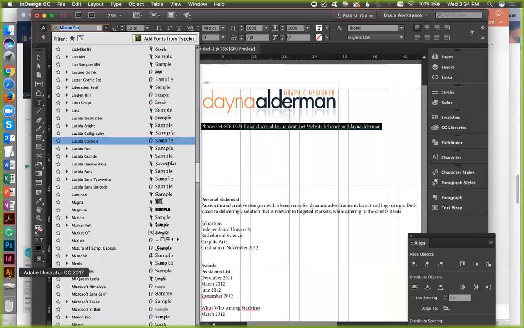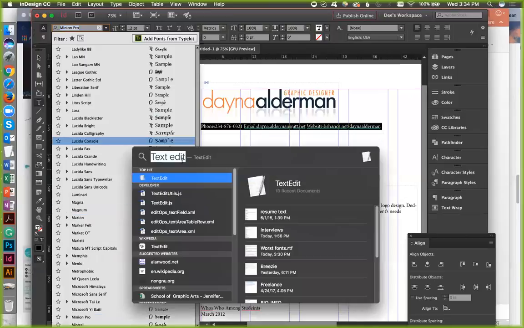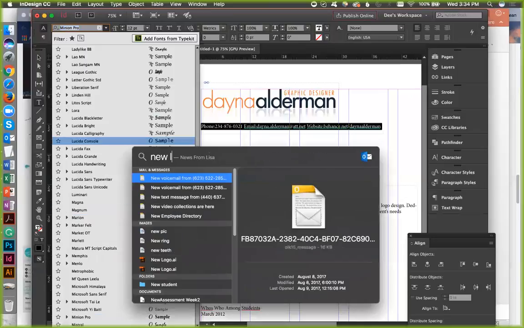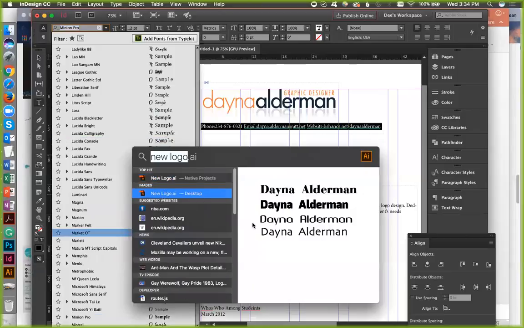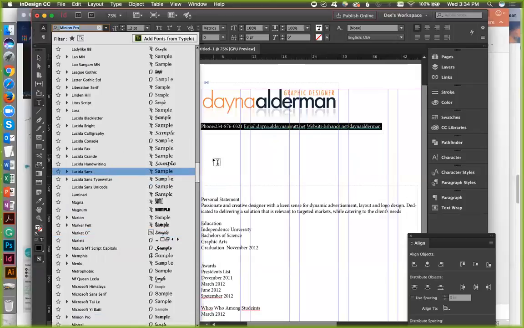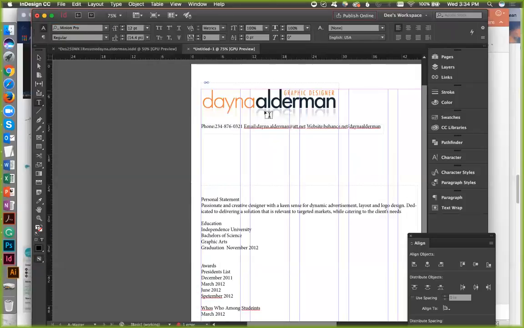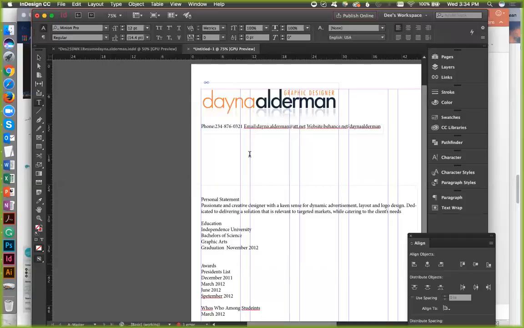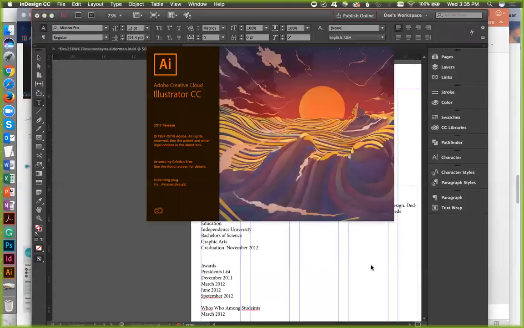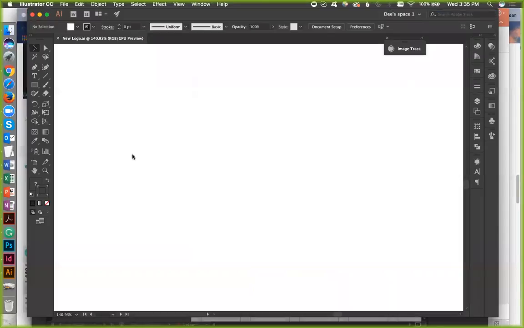Actually, before I do that, I want to find out my new logo. I want to open that up. I want to find out what type it is. I'm thinking it's Avenir. I'm not 100% sure. I think it is. I just made it with another class, and I just loved how it turned out. So I've just been kind of working little by little on it, kind of getting an idea.